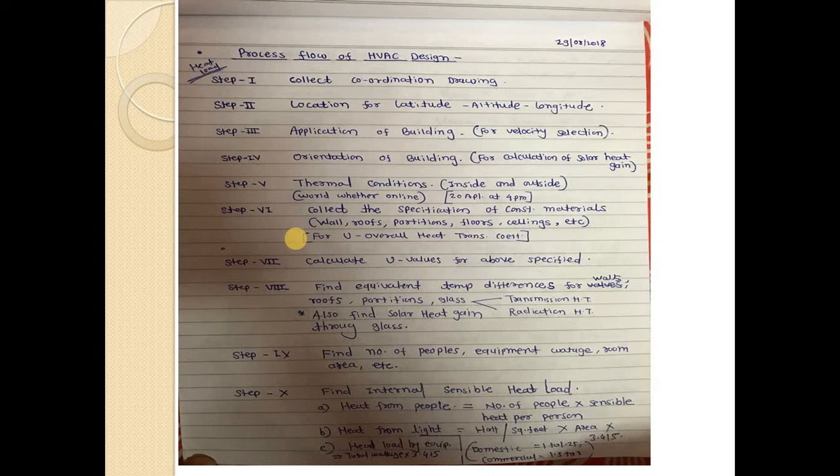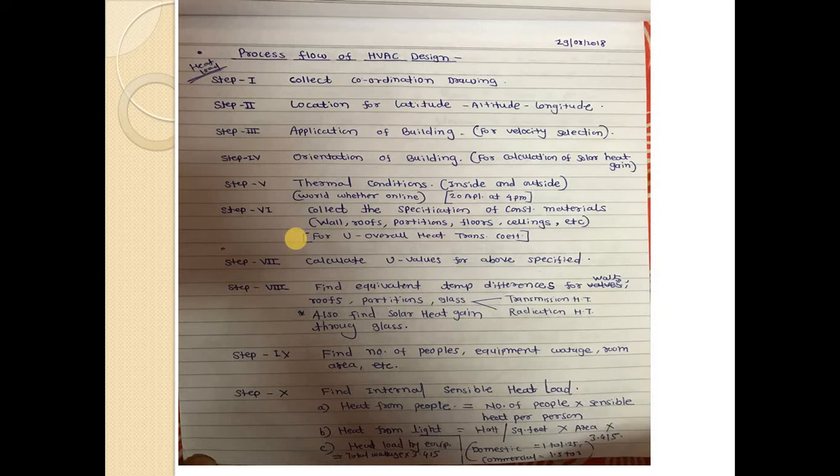The fifth important step is the thermal condition. We must define the inside and outside thermal condition, and we will get all this data from one website, that is World Weather Online data. We have to consider 20 APT at 4 p.m. We must consider the inside and outside condition with the help of World Weather Online data. Also it is possible with the help of standard handbooks from ISHRAE as well as Carrier, as well as the ASHRAE handbook.